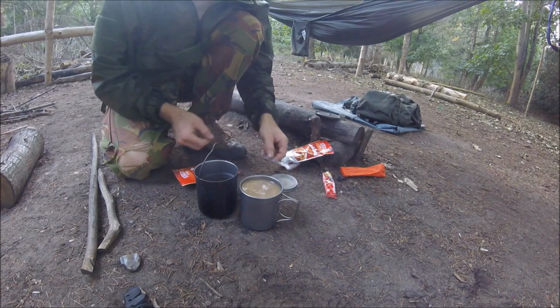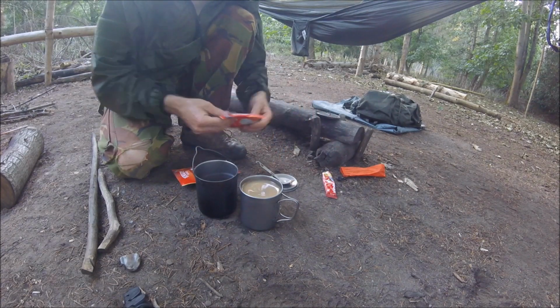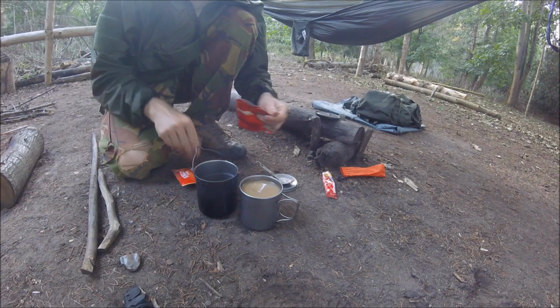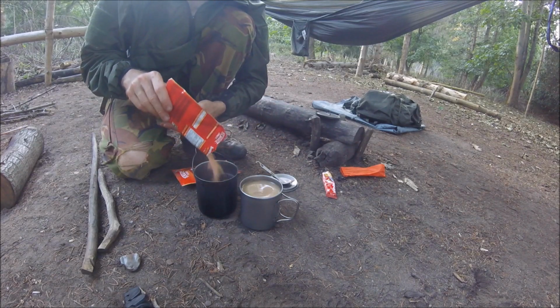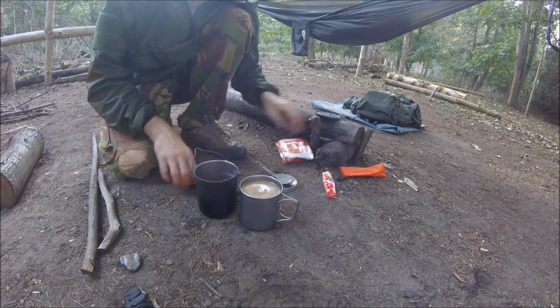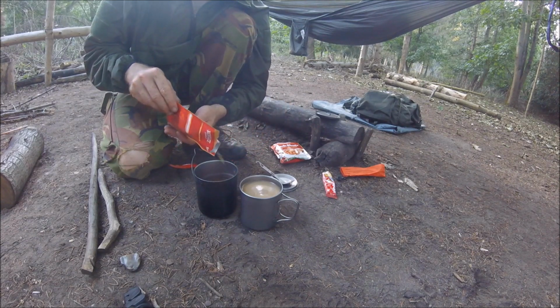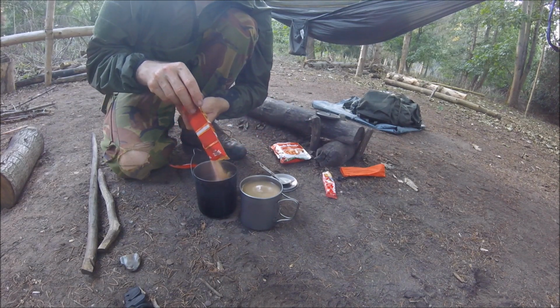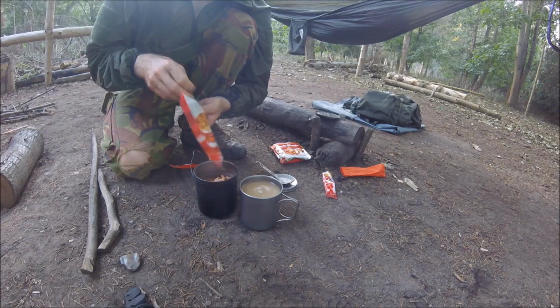I've just made myself a coffee, and there's just enough left in the water container for the pot, sorry, for the snack shop dehydrated pasta. Oh, I can't wait to get stuck into this. That'll be so nice. What I'm going to do now is